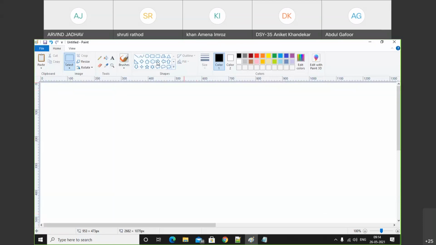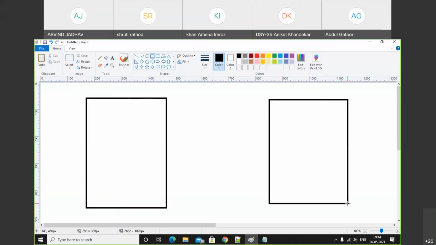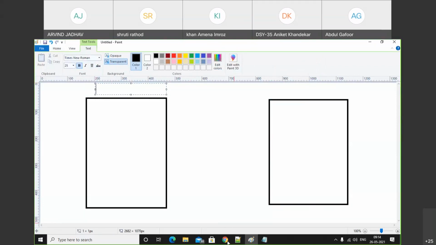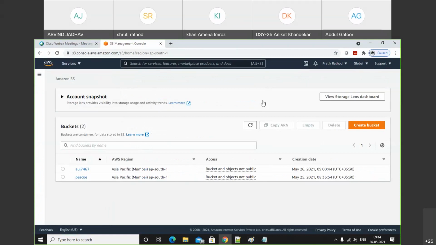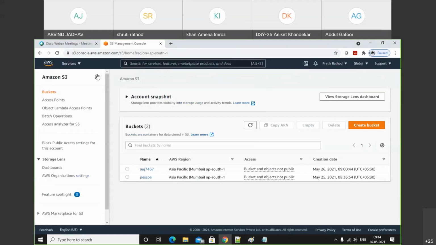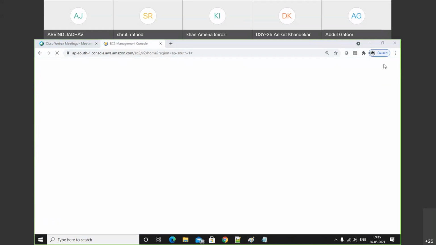Let's start. Assume that this is the Mumbai region, and this one is the Ohio region, or we can say another region. We all know that there are different types of regions available.